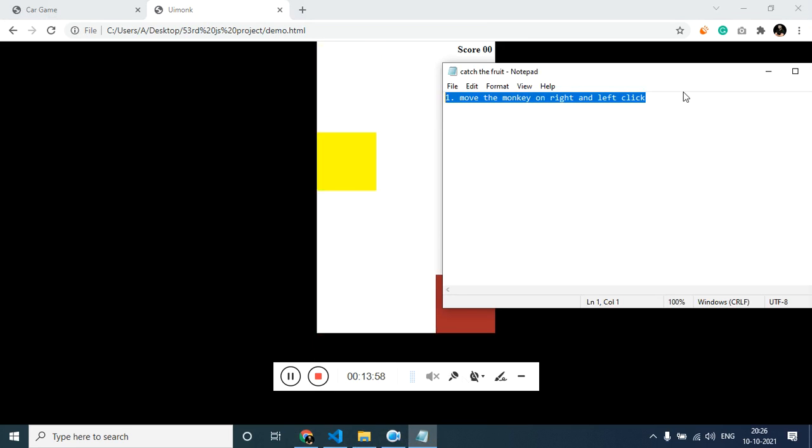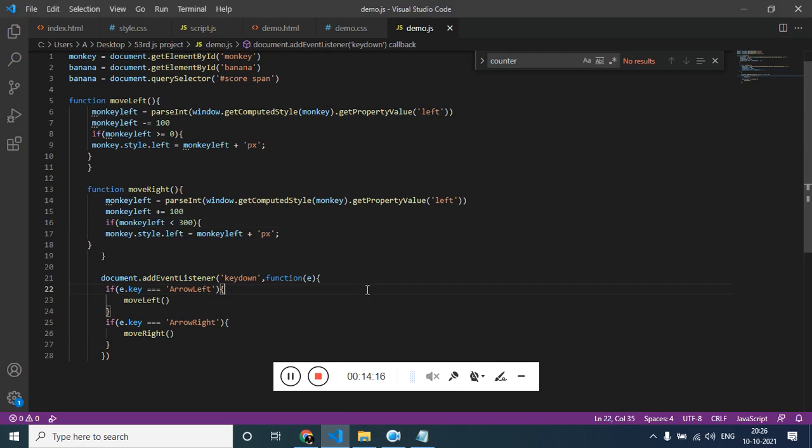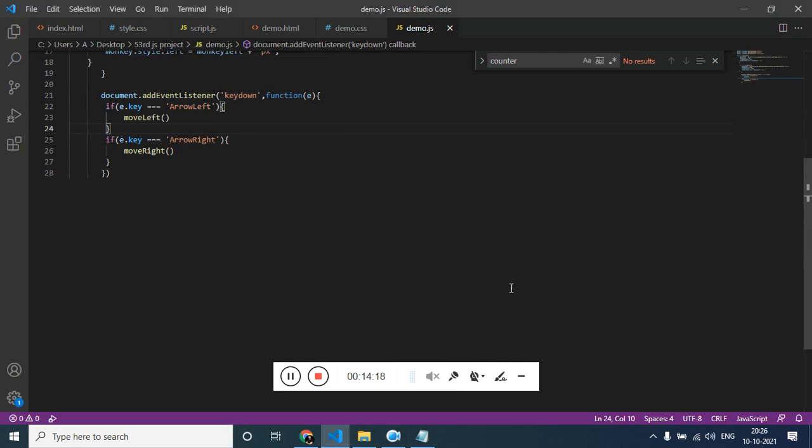Now what we need to do is make the banana fall randomly. So we want to make this banana fall randomly.